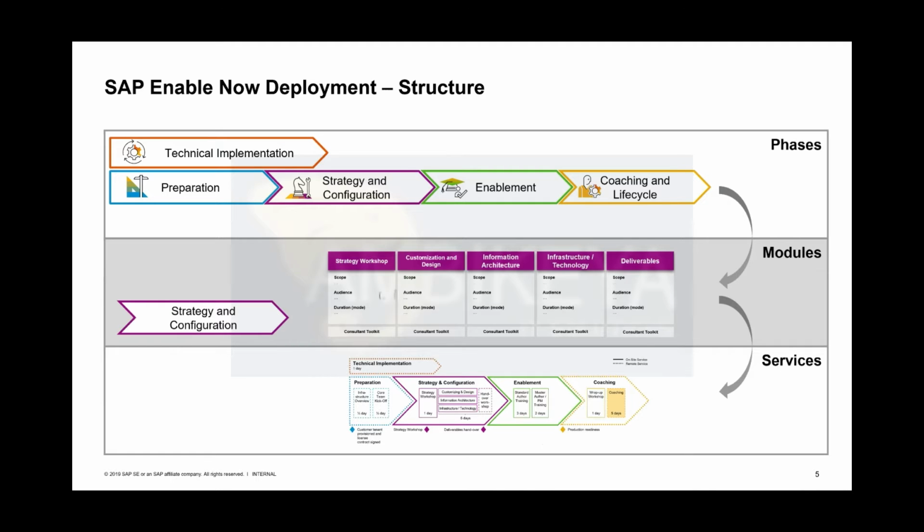We got those 4 modules within the strategy and configuration phase. The strategy workshop as such is well described with a specific scope, specific audience, min-max duration, and comes with a consultant toolkit. And that's the same for all the other modules within that phase. And out of those modules, we recombine specific standard services that are scoped for a specific type of customer and project situation. Okay, so phases, modules, and modules become services again,